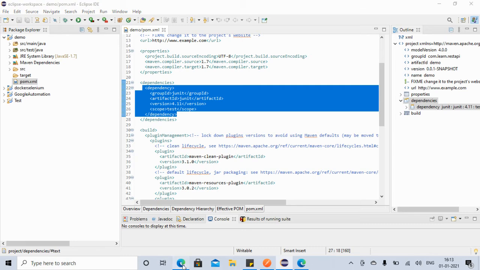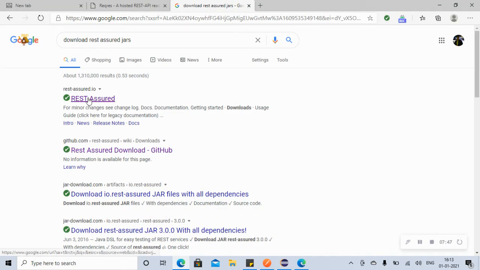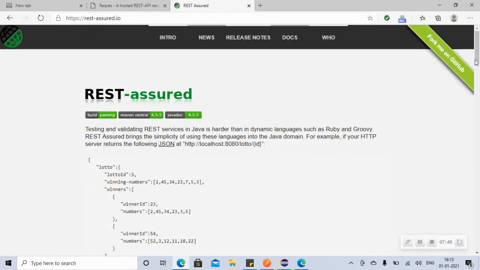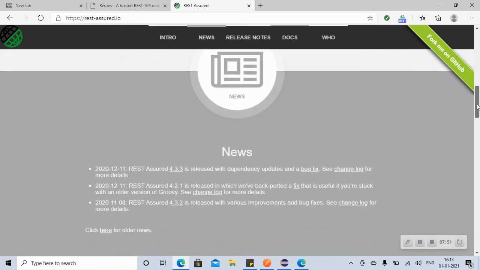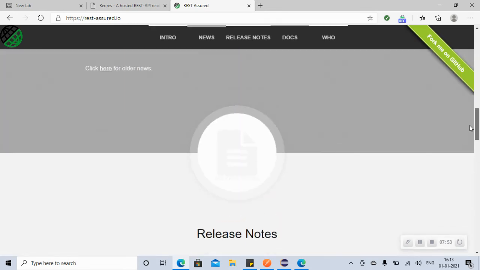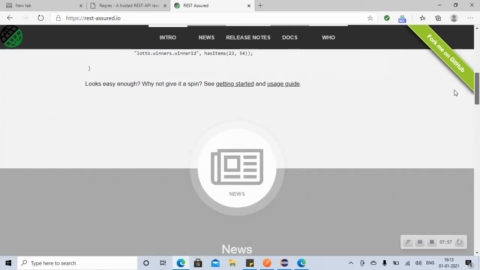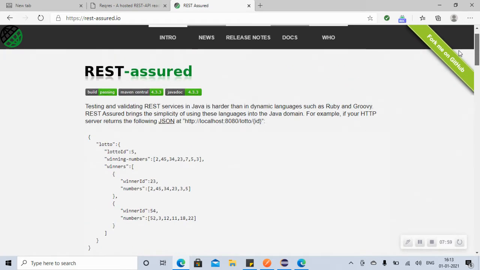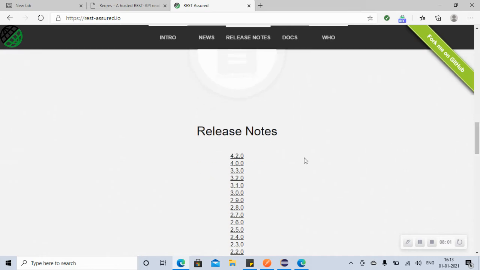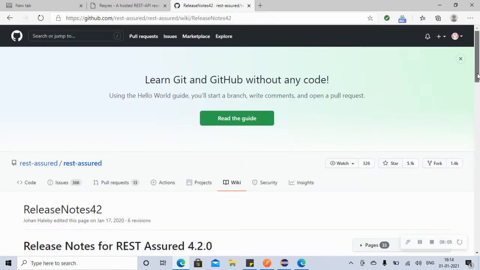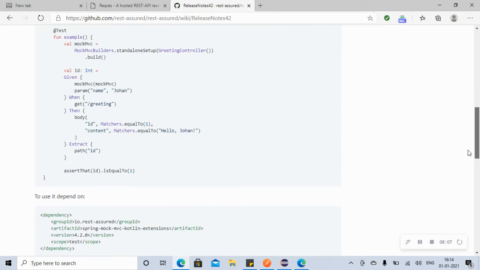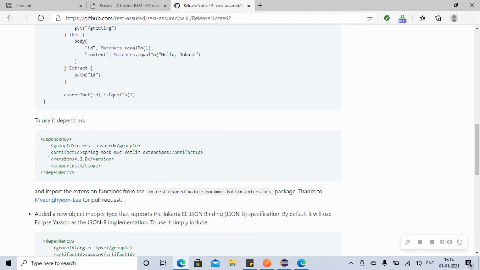So suppose now we need REST Assured, right? So just go to the REST Assured page here and find the dependency for that. Let's see where it is. So you can say like this, or maybe we can try to find it. Let's see if we can find it here. Let's see 4 points. So this is the latest one. Okay, here is a dependency. See, so we can use this dependency.